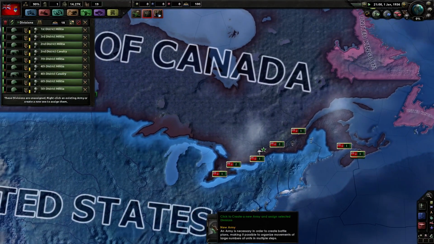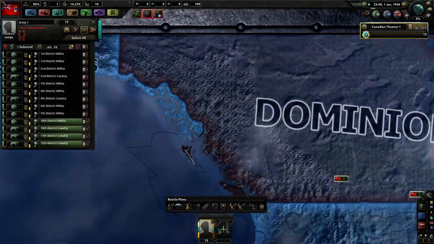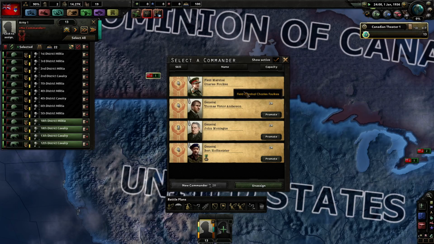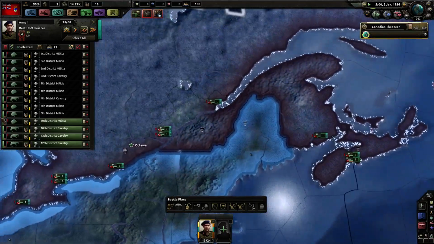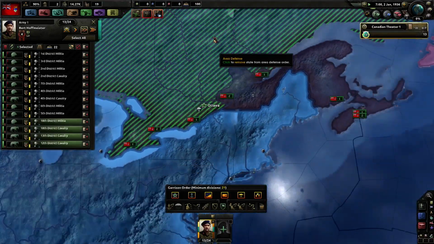Let's actually put our army together. Get everybody together here. Got nobody up here? Nope. Alright, so do we get our own generals? Oh, so we do get our own people. Okay, so we don't just get the generic guys. Alright, well, we'll give you to what's his name here? Bert Hofmeister. Alright. Let's get you guys just to garrison, like, Ottawa area. Toronto. Don't go all the...